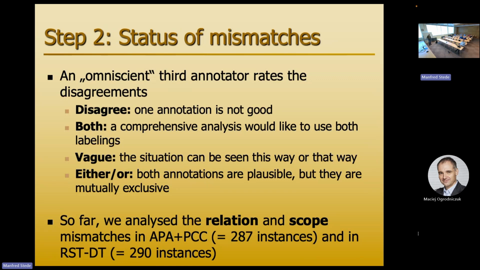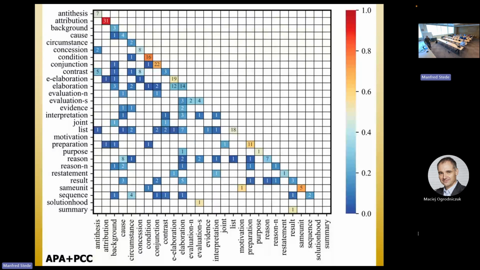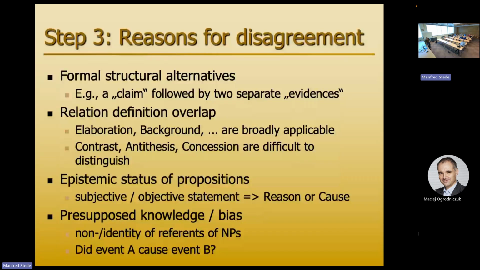Okay, the other case is, if I were the annotator, I would use both labels that A and B assign. They're both good. That's this case. Vague means, I can see you see it this way. I can see you see it that way. I have a slight preference for this way, but both are plausible. So that's the vague case. And either-or is a variant on both, but the two are actually mutually exclusive. Either this holds or that holds. And as I said, we went through this number of instances in English and German for the confusion matrix, which is maybe not so important now actually for the relations.